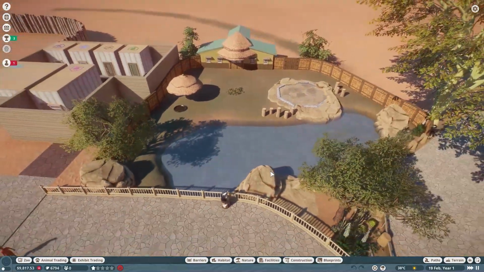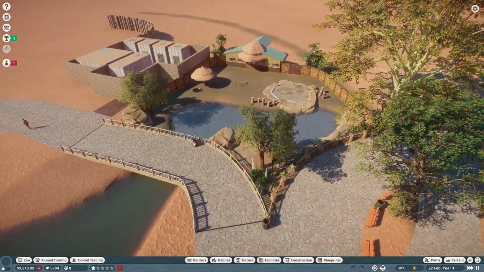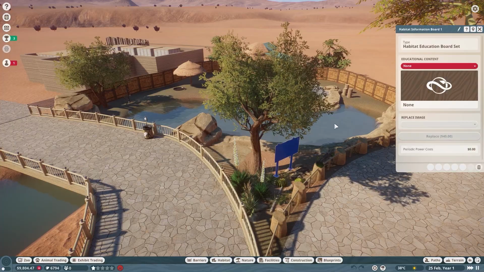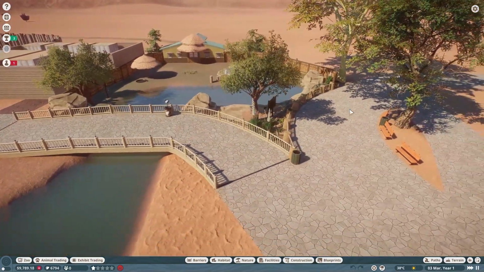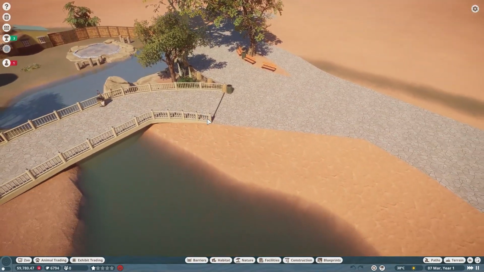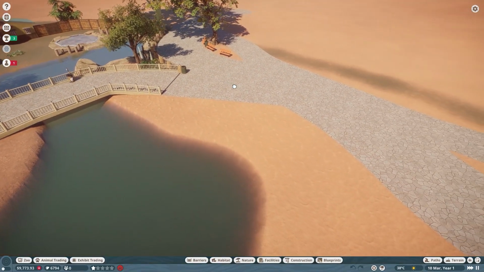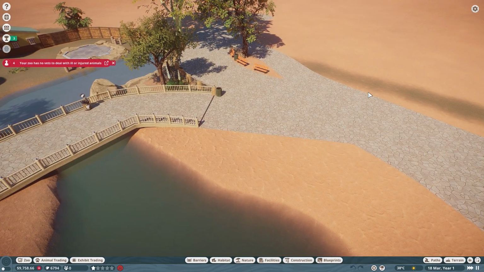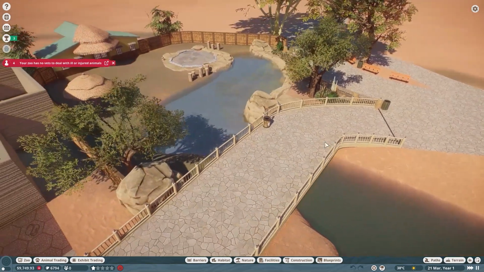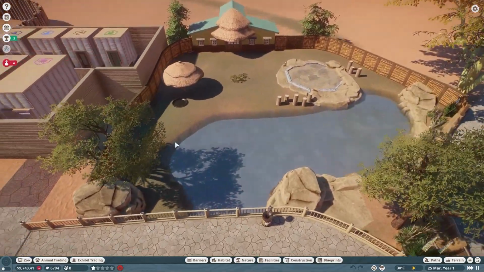Let's go ahead and let them go into the zoo. I have some donation boxes. These guys, as soon as they get in there, will be able to select this education. I did put down some benches. I was thinking maybe we throw an exhibit animal here just to start getting money for...